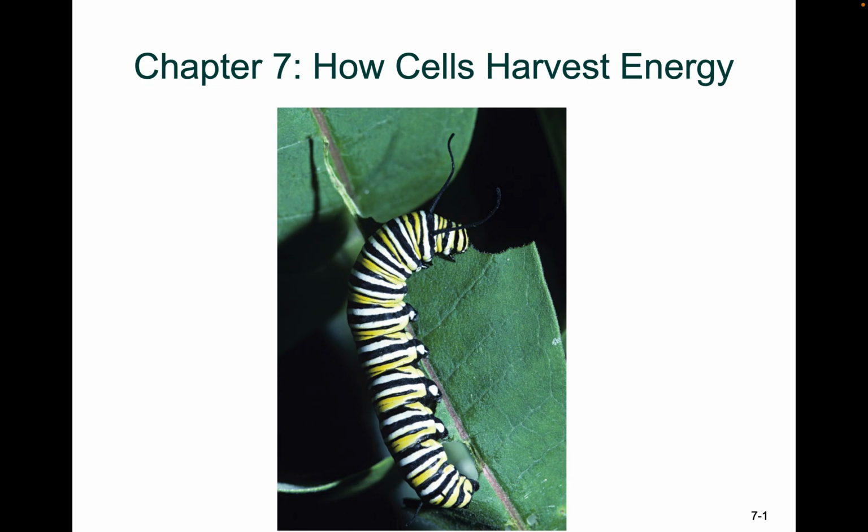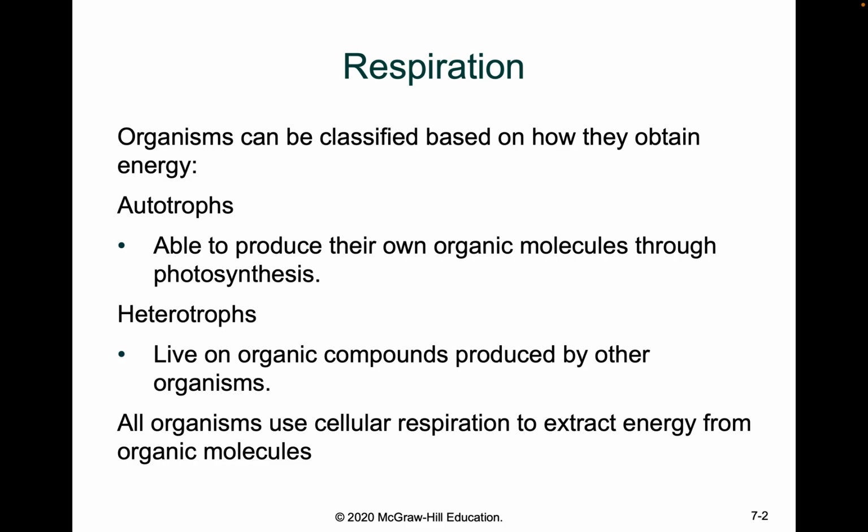How do we, for example, us humans, get energy from food? How do we start from chewing something and then converting it into, let's say, ATP? How does that happen? So all of us have to have something called cellular respiration. And cellular respiration literally is the extraction of energy from organic molecules. In other words, what we do is we oxidize organic molecules to extract their energy and transfer it to us. That's cellular respiration.